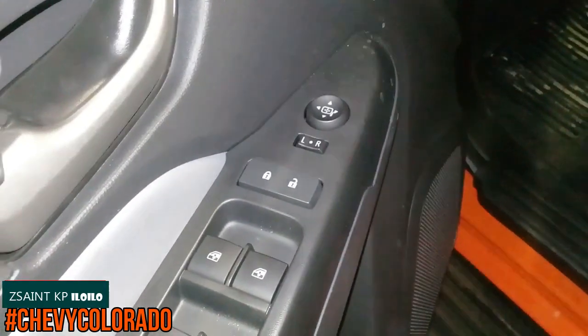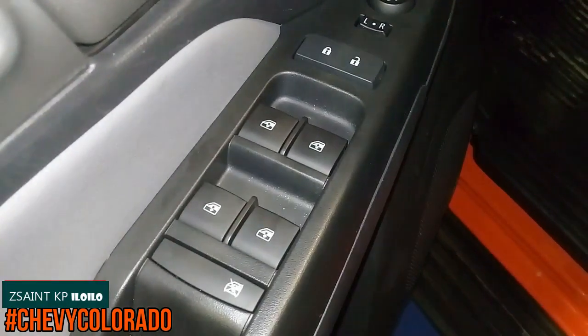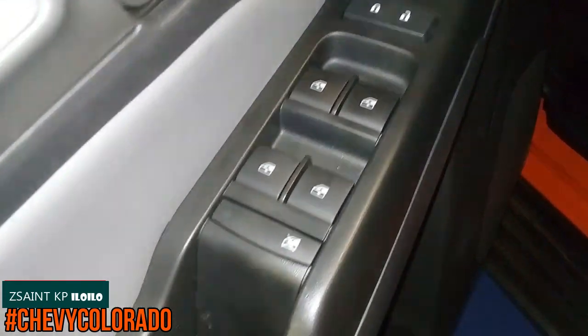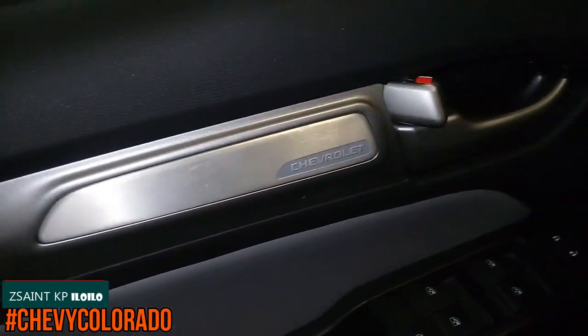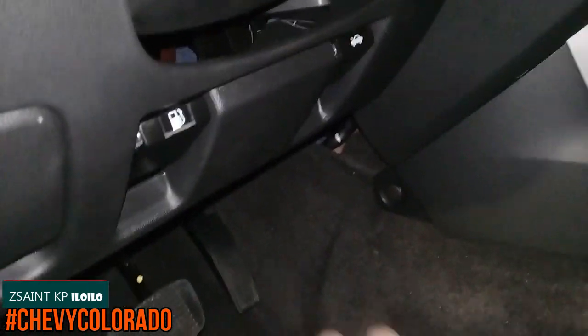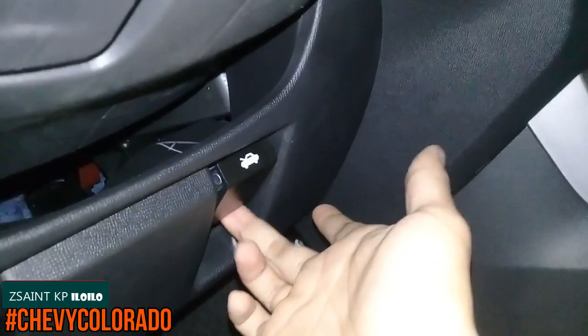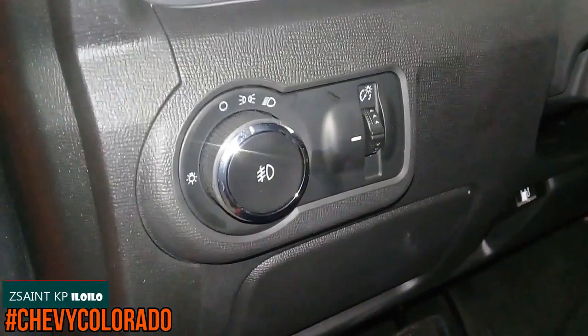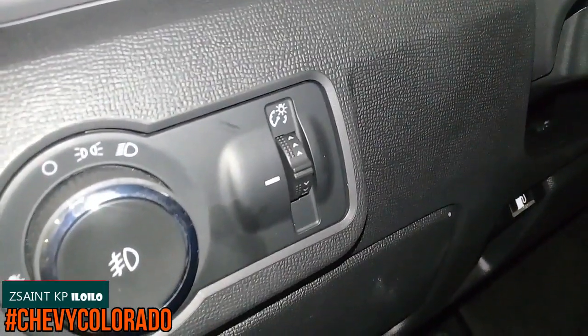Speaker down there, bottle holder, storage, mirror controls, central locking, window controls. All 4 windows in this car are fully powered, and all of the windows are fully automatic in both directions. You also have your window lock. This lever right here pops up your fuel door, and pulling this lever right here pops up your bonnet. Headlight switch, brightness adjuster lever,